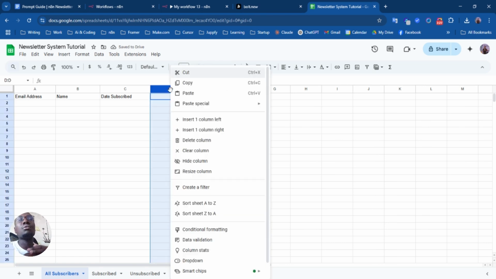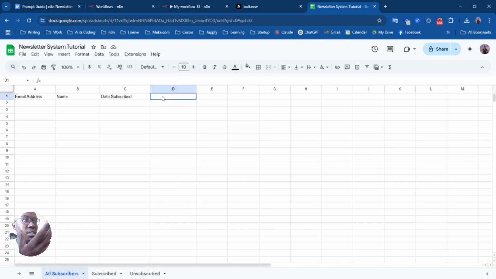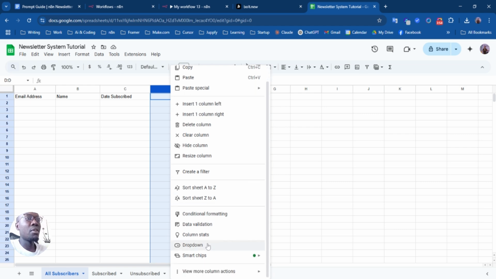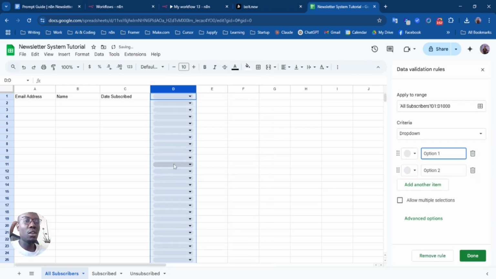If you want to manipulate drop down fields from n8n, don't write the title row in text and then the rest in drop down. So just press the column, right click on it, and then scroll down, you'll see the drop down. Just use the entire column as a drop down field, and then for the title you can just add here